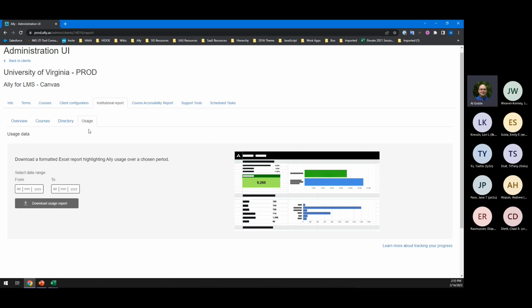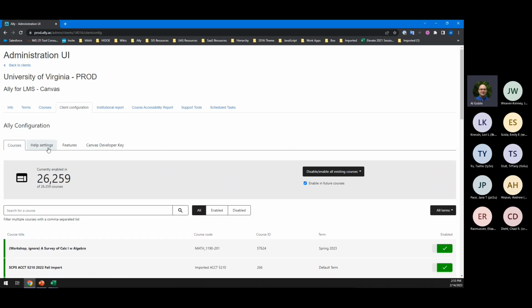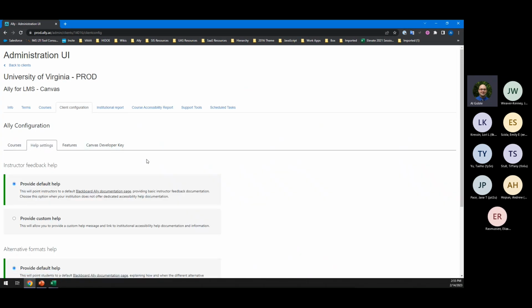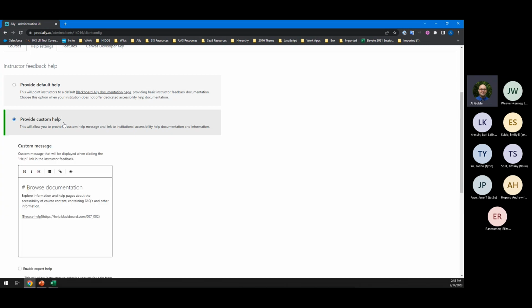Okay. I do want to mention, I didn't mention this earlier today, in the client configuration area. Whenever users launch the instructor feedback tool, or they launch the help or the alternative formats, there are help options in there. As an institution, you can actually customize those. By default, it points to our documentation page, but you can customize these to point to your own resources,